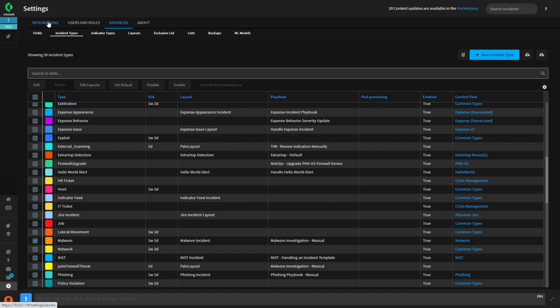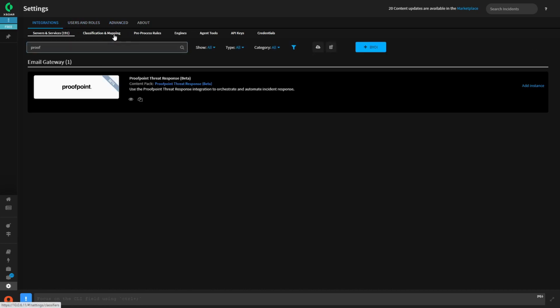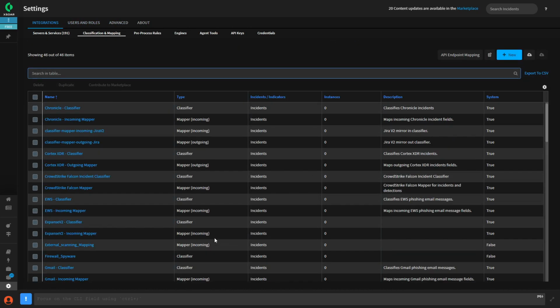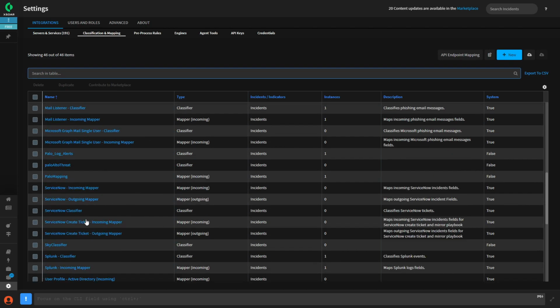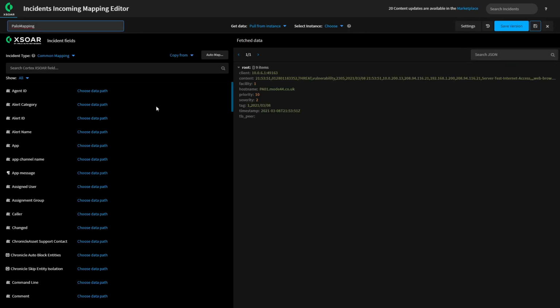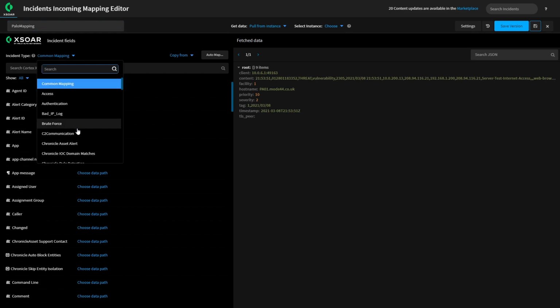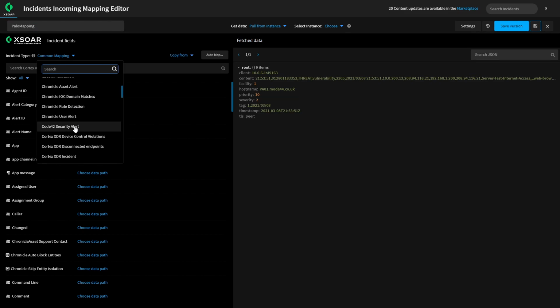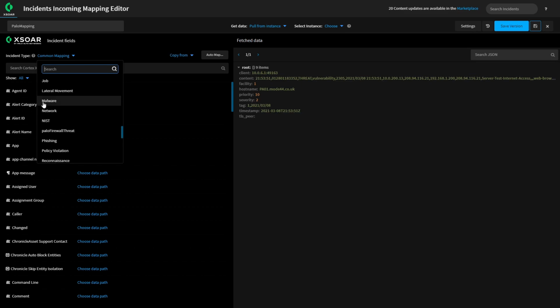So just popping back here to classification and mapping. So we had the classifier for that, but now what we want to do is map it as well. So we want to see what kind of information we want to pull from here, which is the raw data, or well, it's the JSON data. And this is specifically because this is a syslog. So the incident type that we are going to put that against. So if I want to say, okay, malware,